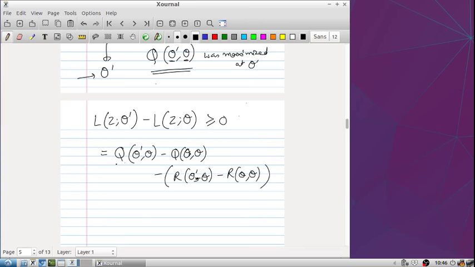And the first term is positive by definition, since we're maximizing q over the first argument in the M step, so of course the first difference is going to be positive. All that's left is to show that the whole second term, including the negative, is also positive. So basically, what's left is to show